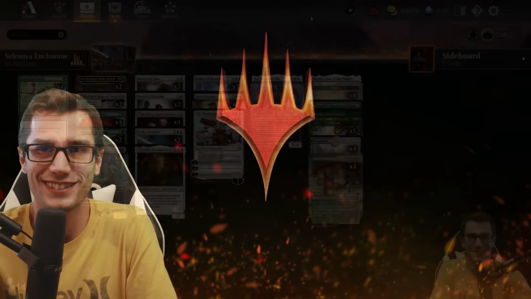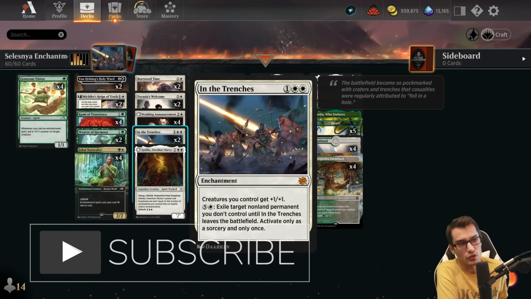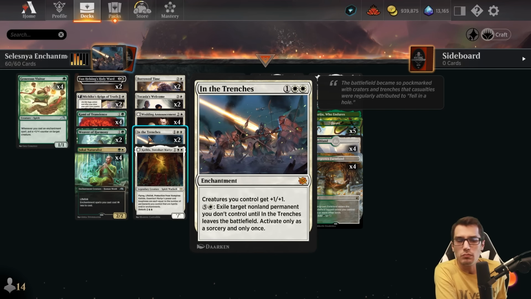Let's take a look at the deck. All right, Selesnya Enchantments. Hello, hello, hello. In the Trenches. This is our first new card for 3. Creatures you control get +1/+1. Pay 6, exile target non-land permanent that you do not control until it leaves the battlefield, activating this at sorcery speed